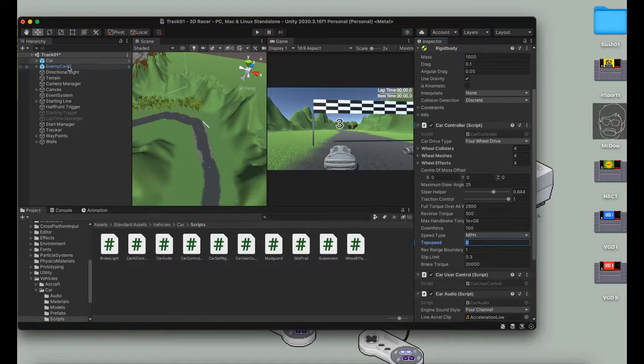Then on your enemy car, turn the car AI control script back on, and also set the top speed here to 0. So when the game starts, it will be set to 0. They won't have any forward functionality. They have no top speed. But then we will add it in via script, going back to your